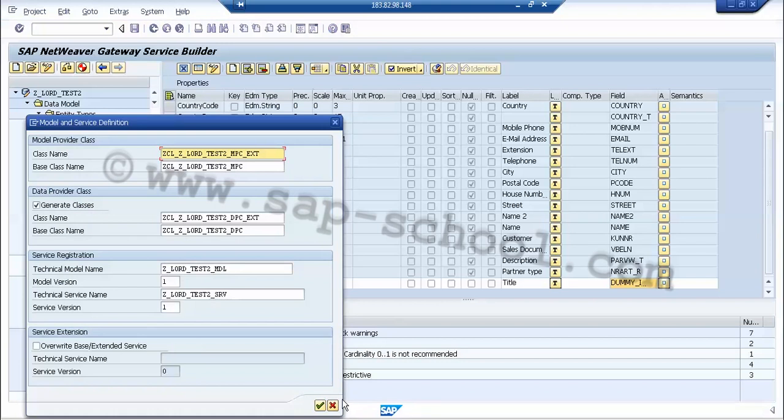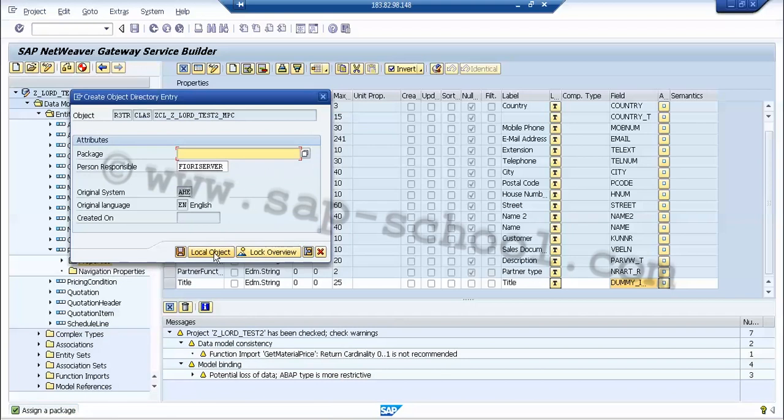Here we can also specify, if we want to change the name of the service, we can change it here. If we don't want to, we can just keep the name as it is, and click continue.